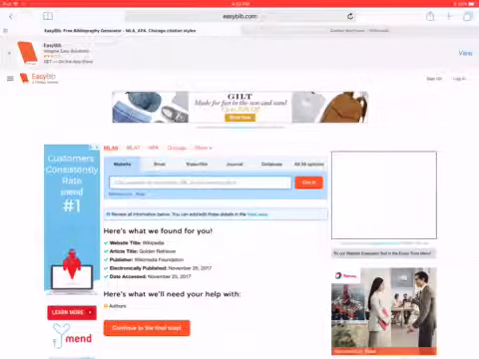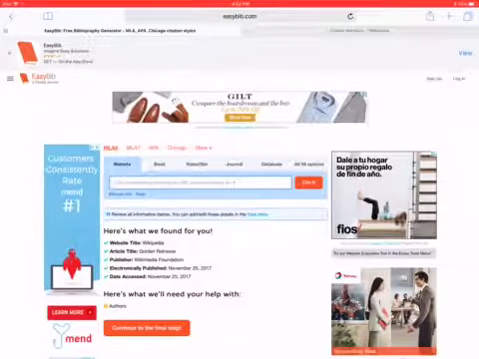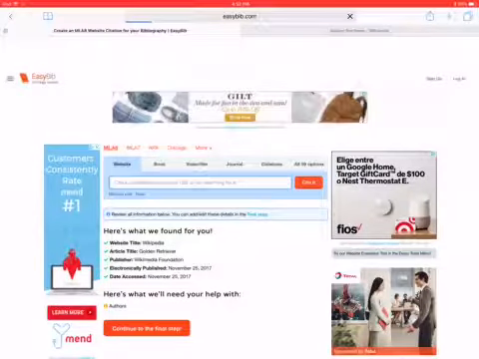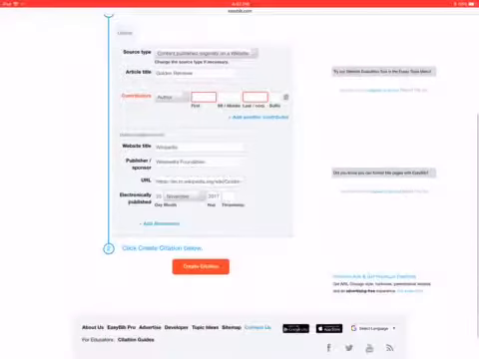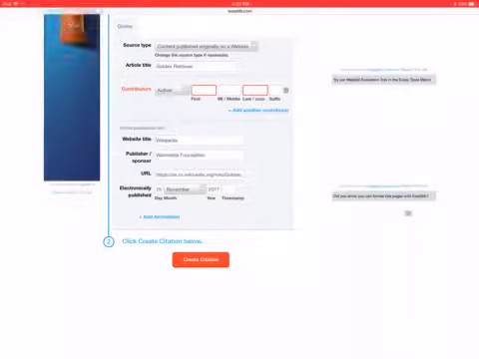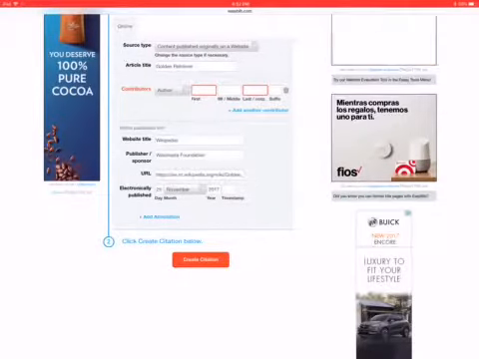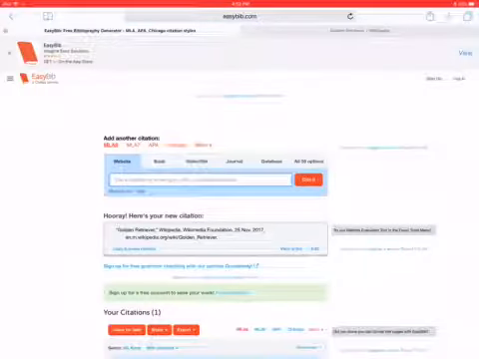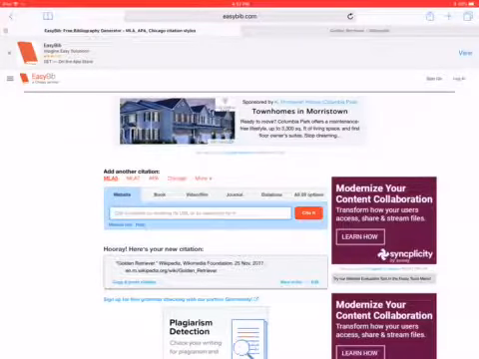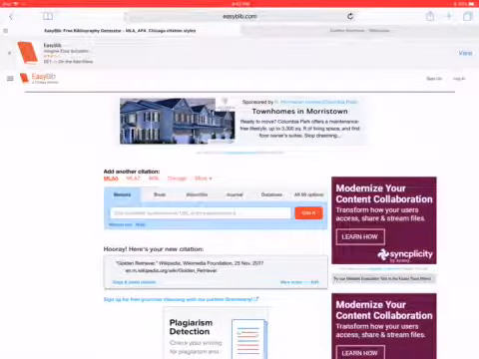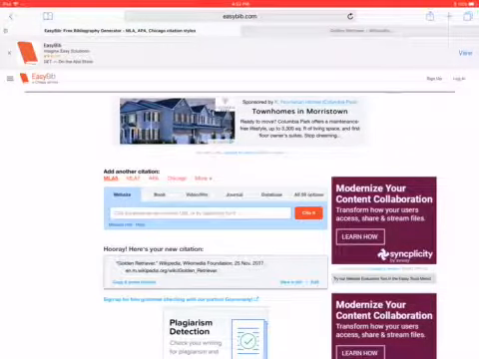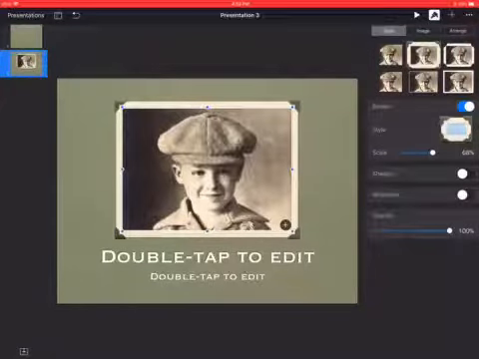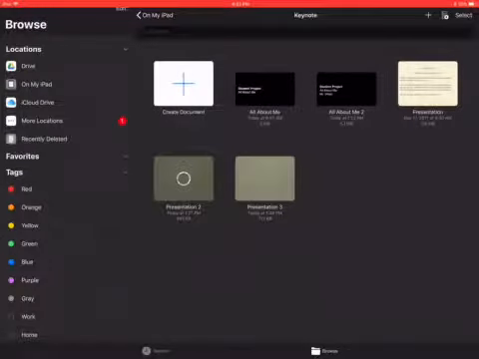In this particular case, since it's Wikipedia, you don't need to worry about the author. So you're going to go to continue to final step. You can skip the author unless you can definitely find it on the Wikipedia page, because as we know, they're group edited, so there's really no reason to put that. We hit create citation, and that gives us the citation. Now we can hit copy and paste on the iPad, and it's going to give us that in the proper place. So now if we go back to Keynote,